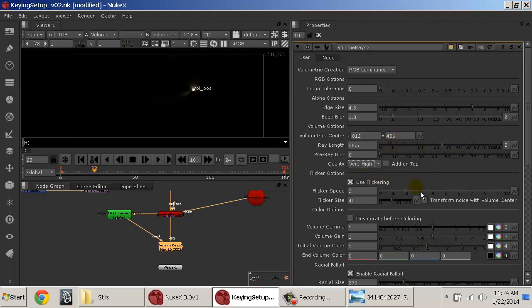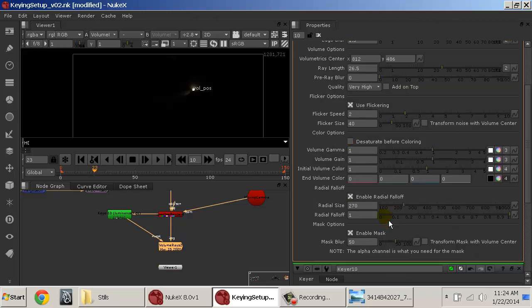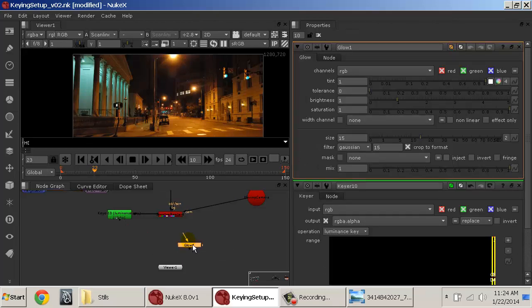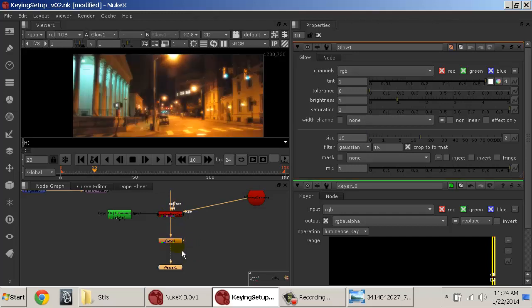I can change the quality up. I can do a lot of things here just to kind of play with what this is looking like. Okay, I could also, let me just delete that for a second. I want to see what this one looks like. So I'm going to add a glow to this and view it, and you'll see that everything is glowing. It looks very dreamlike because everything's glowing. So I'm going to use this here,